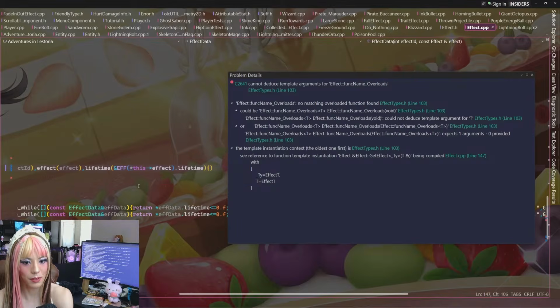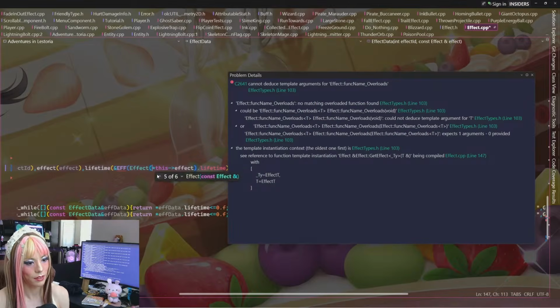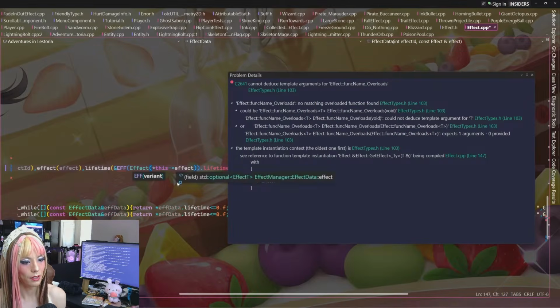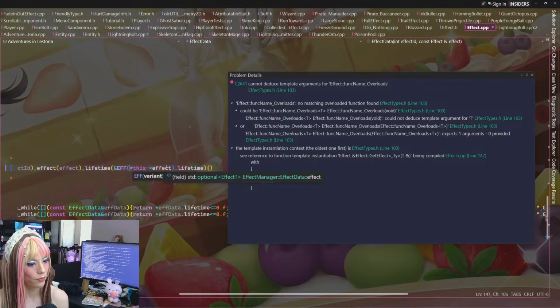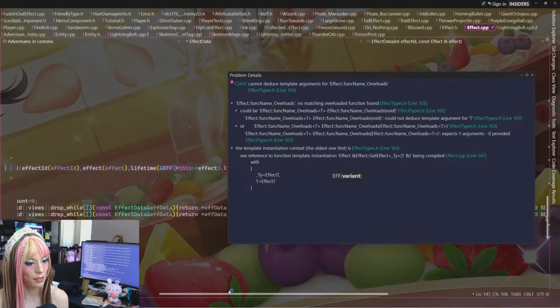I think I'm just gonna cast it and see what happens. Because we know it's an effect right now. I want to see what happens if I do this. Or wait, no, that's a variant. Hold on. Yeah, I'm a little confused right now.